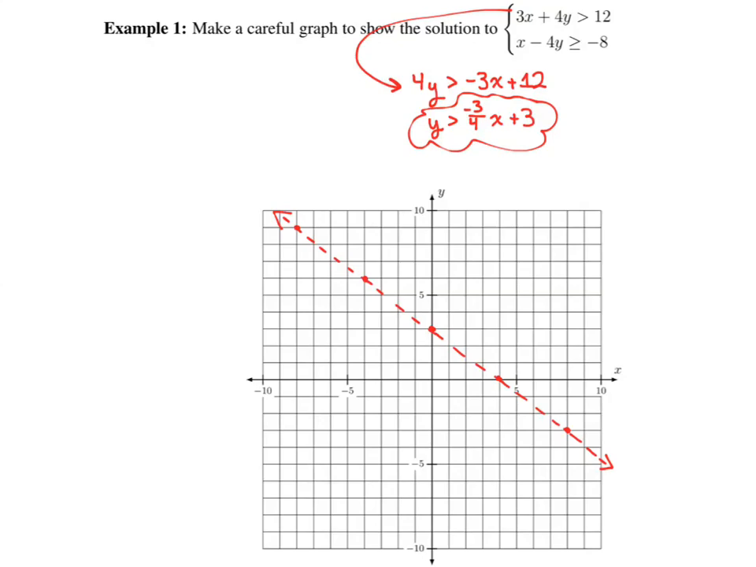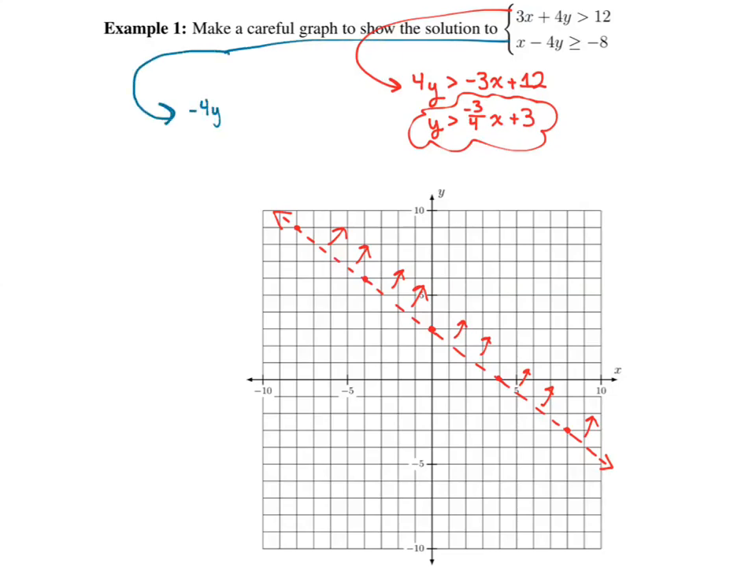Okay, so we've got a dashed line. That's because it's a greater than with no equal sign. A dashed line is kind of like an open dot on a number line graph, meaning that line's there, but that's not really part of the answer. Now it says greater than, so we're talking about the stuff above. Back in Algebra 1, you almost certainly graphed these where you would graph a line and then shade. I'm not going to shade yet because there's also a second